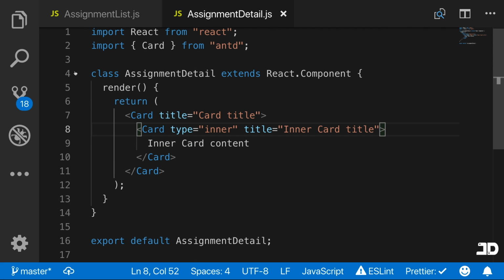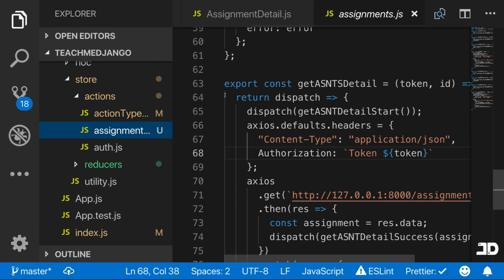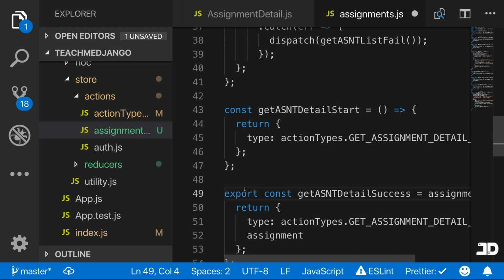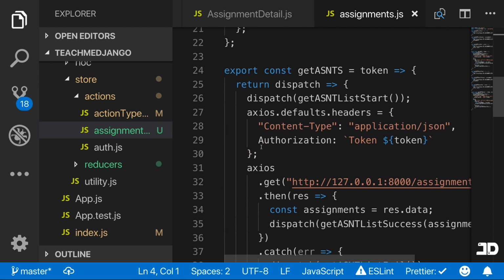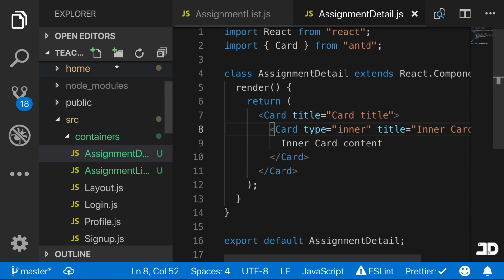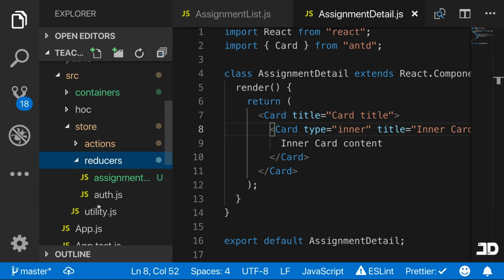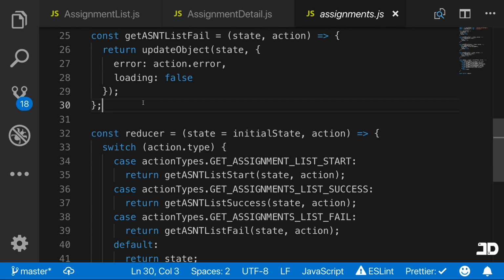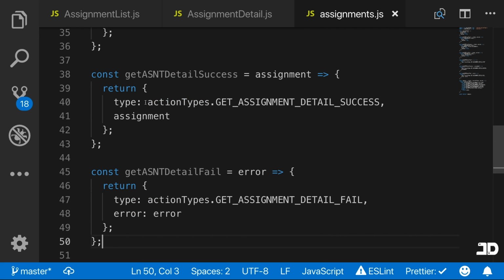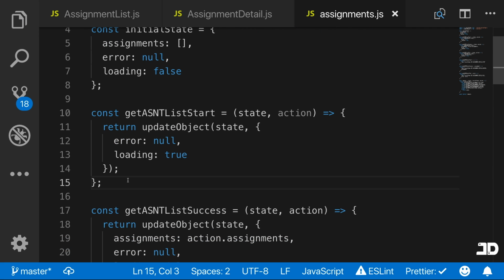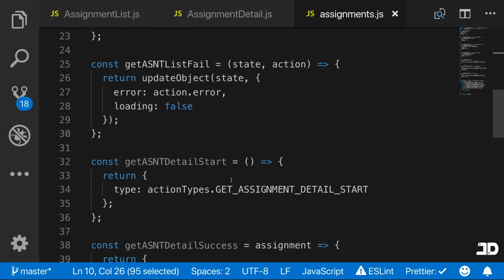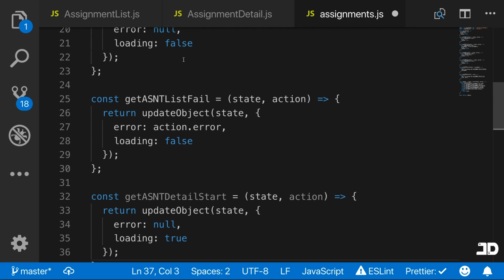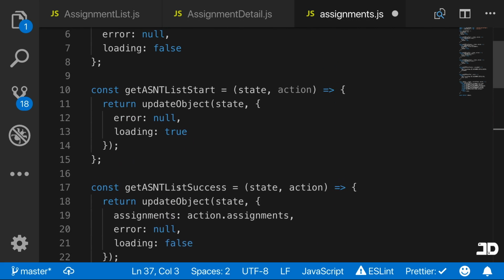So we can actually close that, or in fact, we can actually copy those methods for the reducer, and we actually don't need these to be exported, same as the list ones. So we'll just grab these three here, and then we can come into the store reducers assignment, and we'll come down to the bottom, and right above the reducer we'll just paste these here, and instead we need to basically do exactly what these ones are doing, where they're passed in the state. So this will be like that, and for start we'll set it to this,